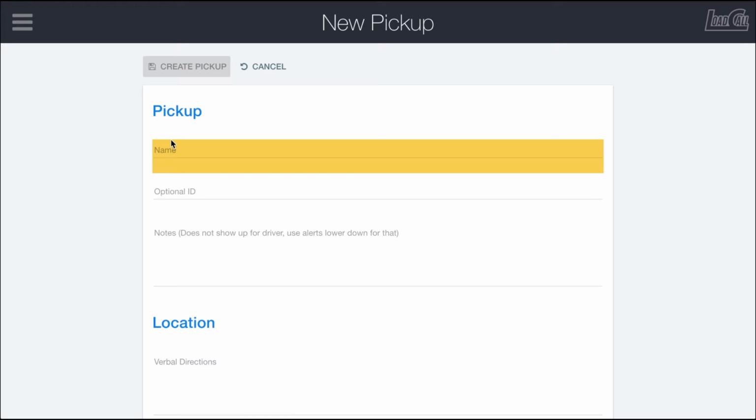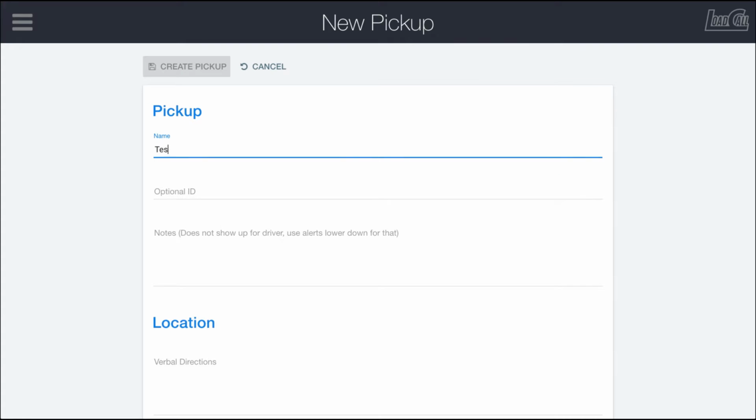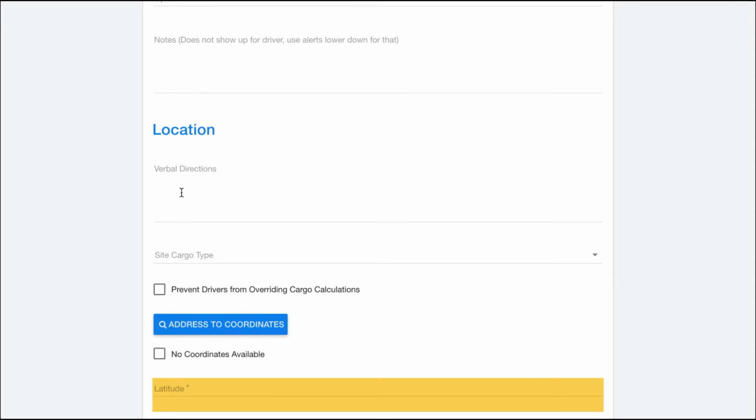here at the top, and we'll fill out this form. So as always, the yellow highlighted fields are required. So we're just going to call this test location 1. And anything that is not highlighted is optional. So you can give an ID, notes, and verbal directions once they are driving to that site if they need